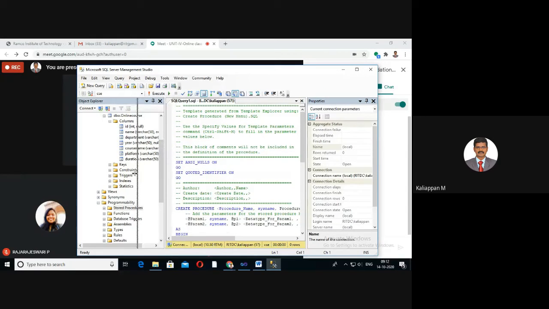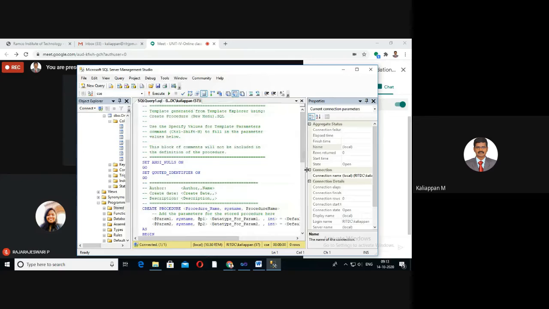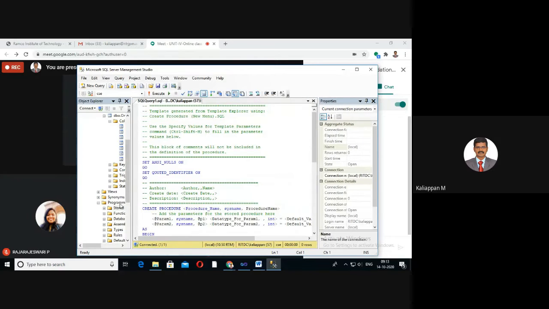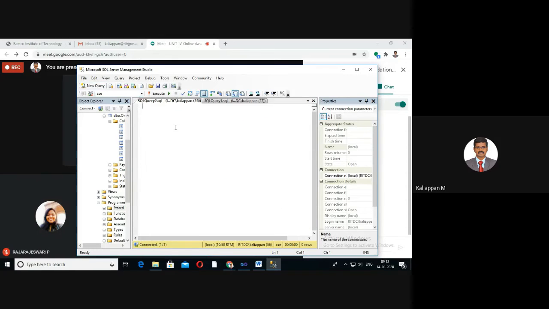A window will appear. Then click on new query.